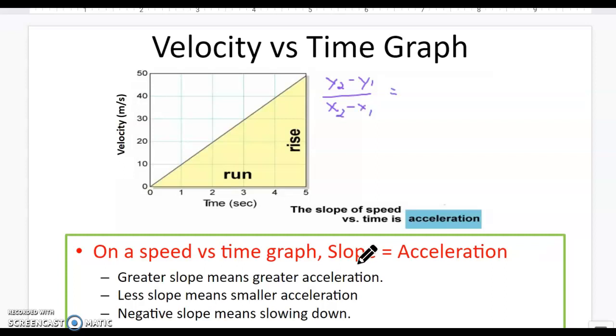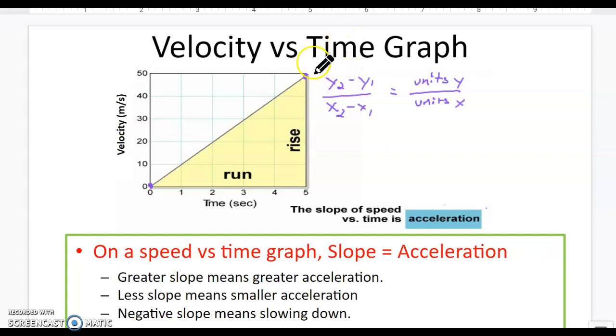And the units for slope would be the units for y divided by the units for x. So if I wanted to find the acceleration on this velocity versus time graph for this section, I just have to either find the slope, or I can take my first point of the section, second point of the section, and